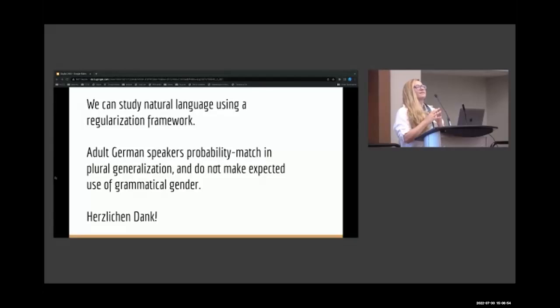So it's something like the predictability of the relationship between gender and plural class is maybe modulated by reference to phonologically similar nouns, or something is going on. But yeah, it's unexpected, and this framework helps us see a little bit better, perhaps, what might be going on there. So thank you for listening, and I'm happy to take your questions.